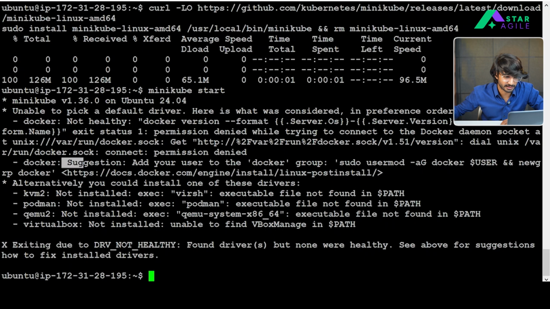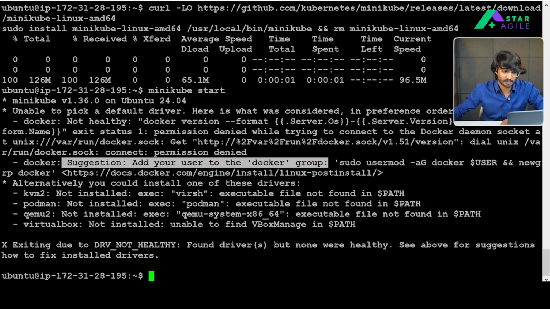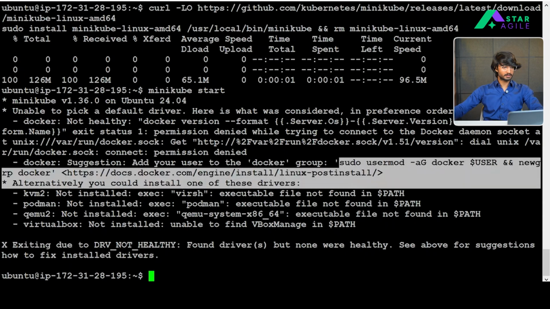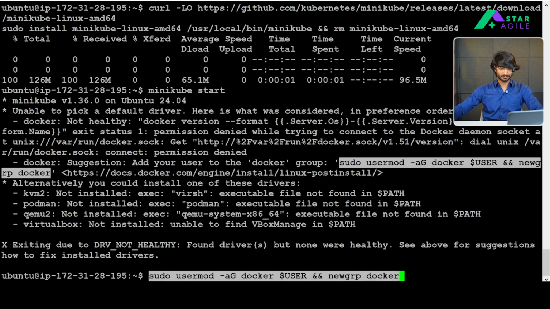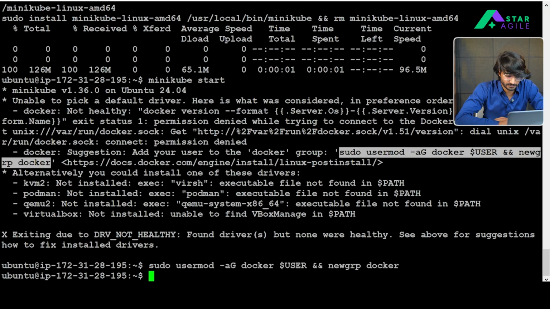The suggestion says that this particular user doesn't have permission to execute these commands, so it's suggesting I add this user to the Docker group. As you can see, I've done the same thing.